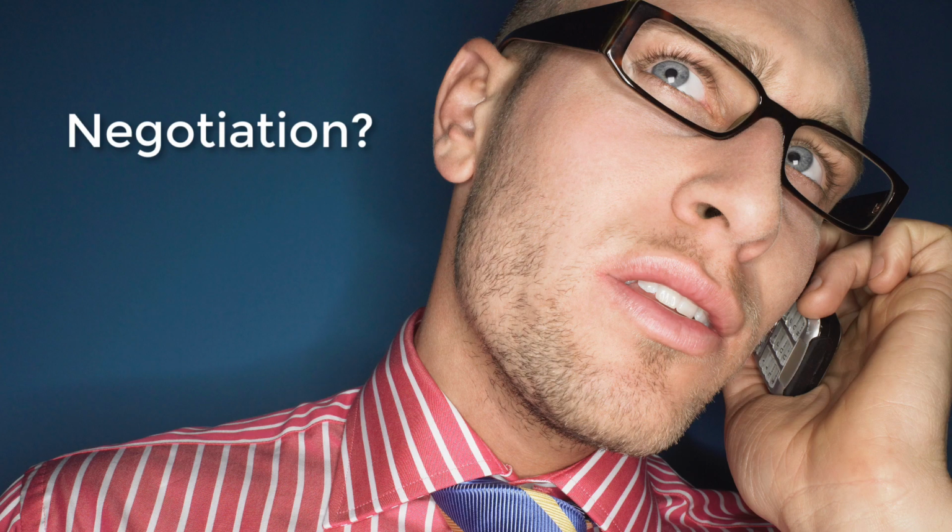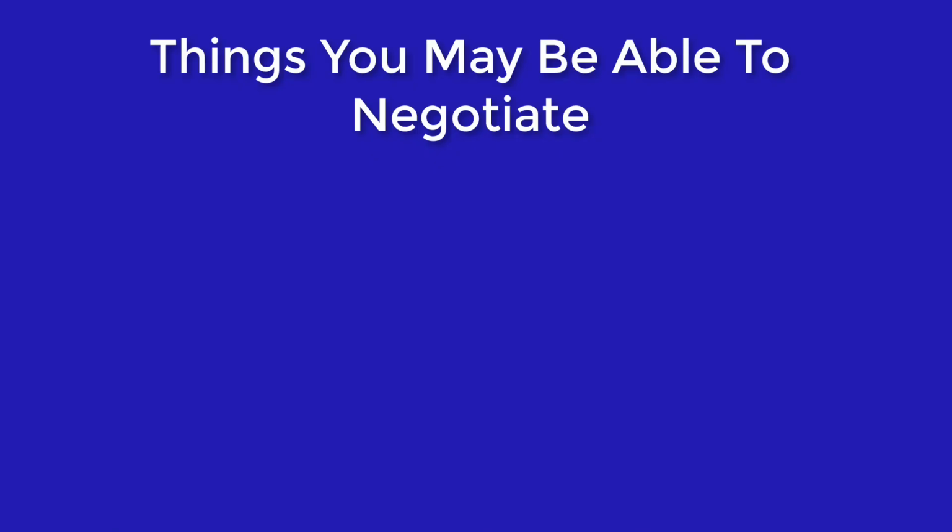So the last thing I promised to talk about is negotiation of salary, and one thing that's actually not quite clear to a lot of specialty trainees is that it is possible to negotiate some of the work conditions that you're employed under. We've already highlighted that general practice trainees may be able to negotiate a proportion of their Medicare billings, and whilst you aren't, as a specialty trainee in a hospital, going to be able to negotiate things like extra pay above what someone at the same grade might get, there are a few things that are important to